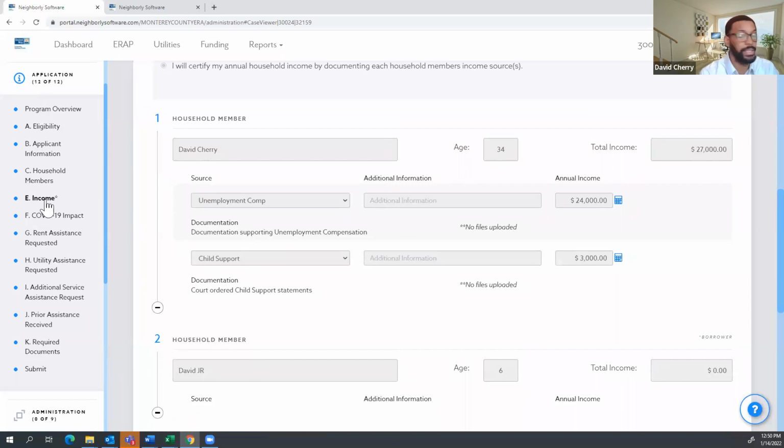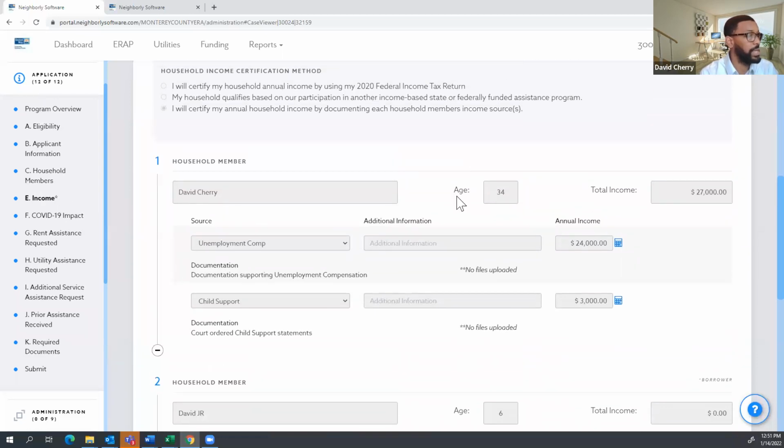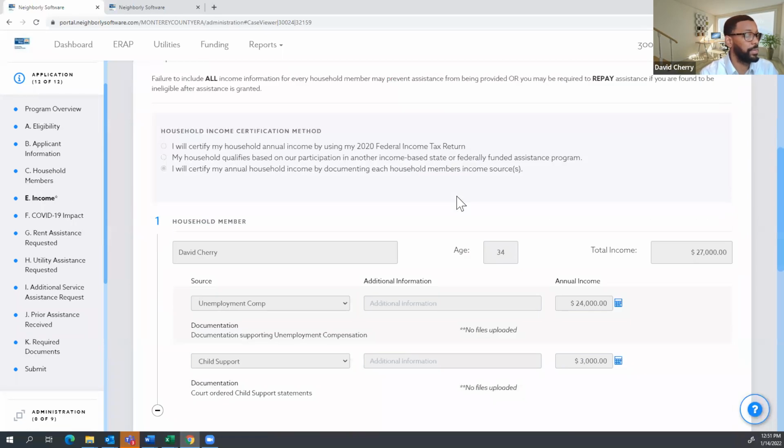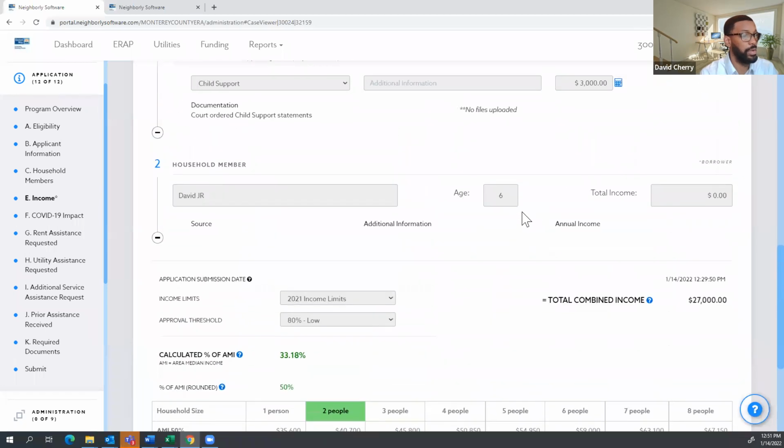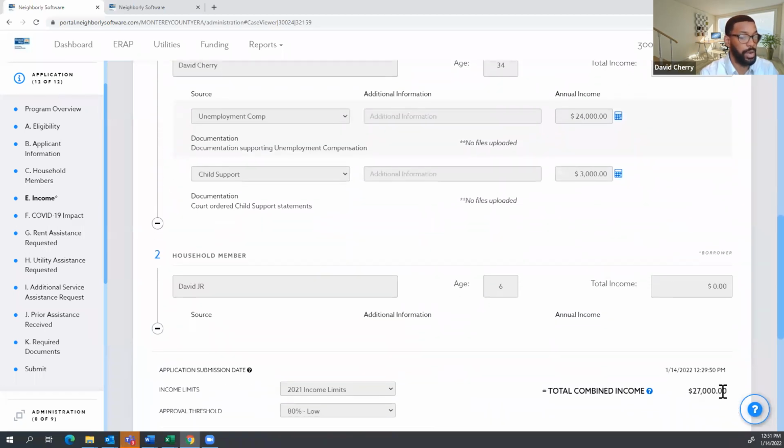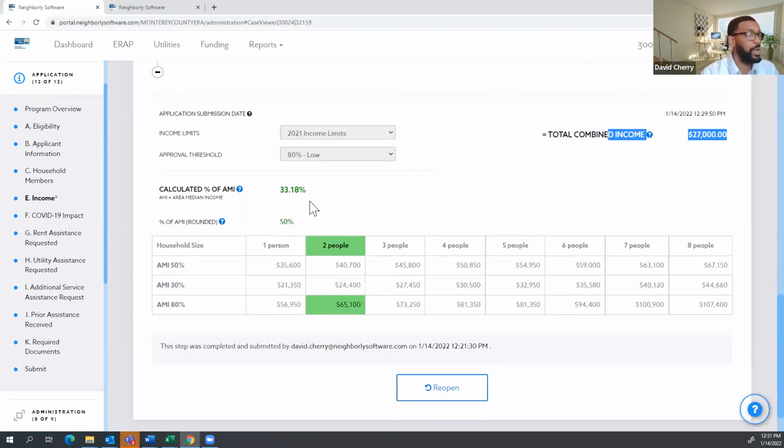But a couple important things in your admin screen that's different than the tenant screen is your step E. In your income step, if you scroll down, the tenant only sees their annual income like so, but you are able to compare it and review it to see what AMI they fall in. So right here, this person is obviously under the 80% AMI, and the system will test it out amongst the